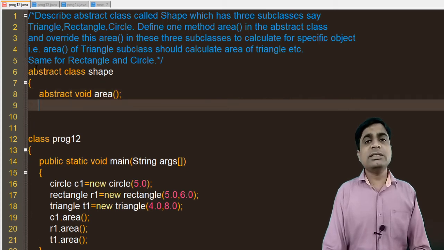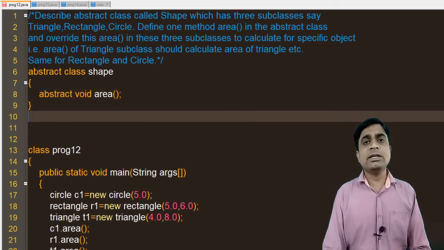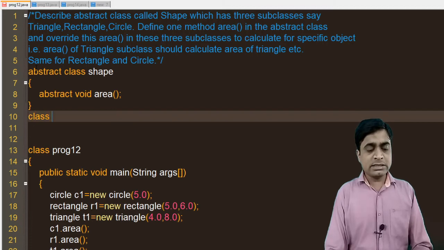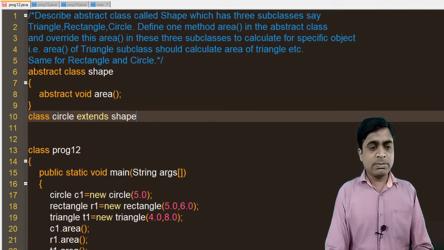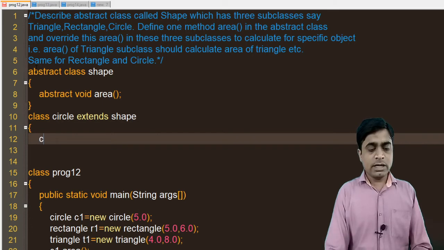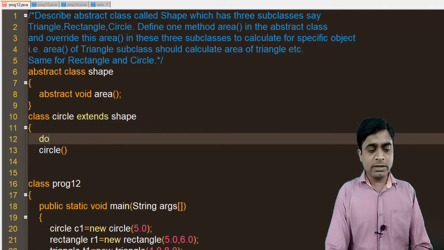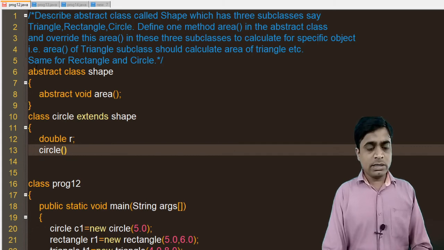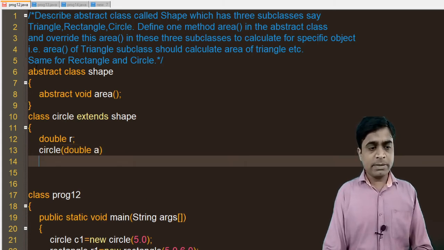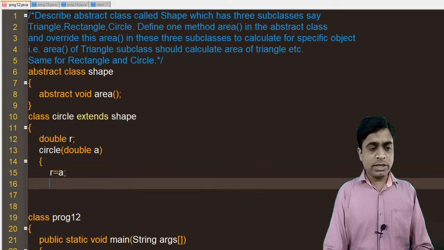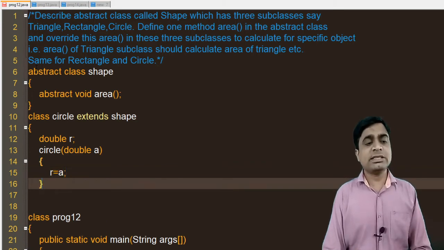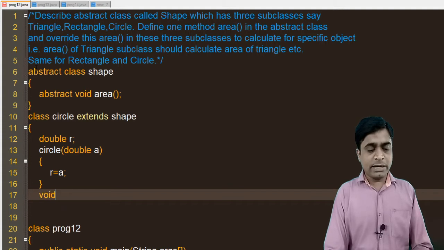Because the method is abstract, I am not implementing that particular method. Now let's create the class Circle that extends our Shape class. Now I am declaring one variable, double R. Now I am passing a parameter, R equals A. So I have created one parameterized constructor. Now I am creating one method, area,